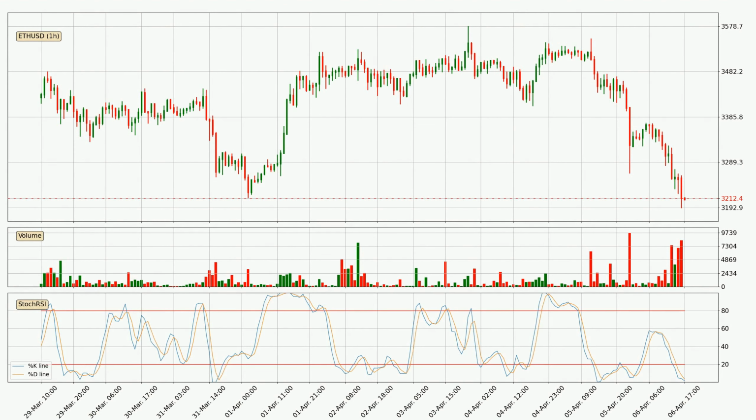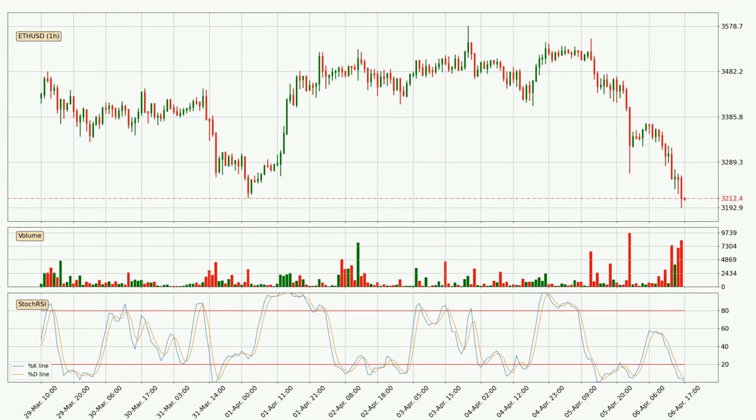Looking at the hourly stochastic RSI, the crypto is being oversold because both the %K and %D lines are currently very low. This means that we can expect a change in the trend, or for the crypto to remain at least stable for some time. You should wait to see if the trend will in fact go up because the K line has yet to